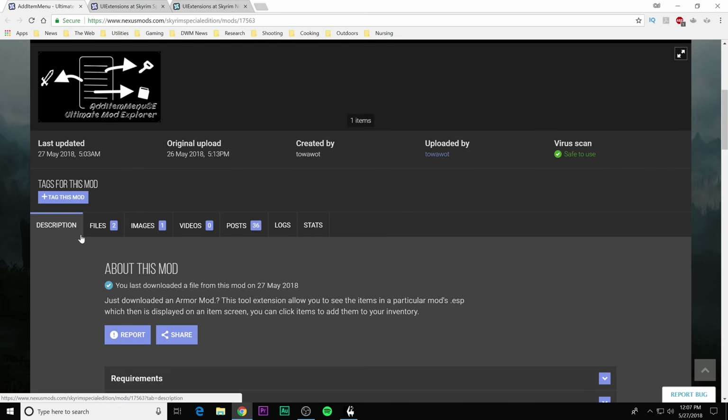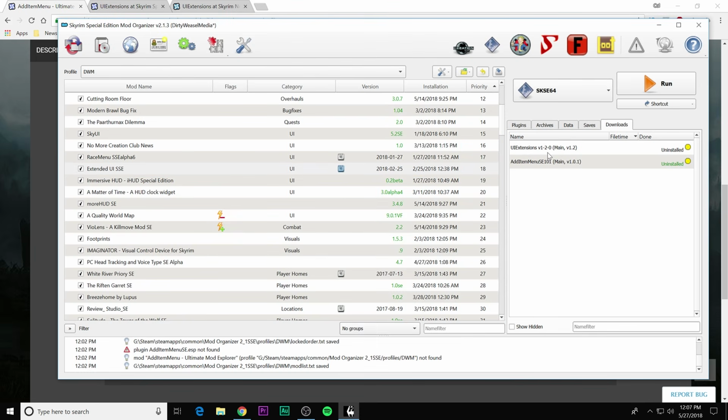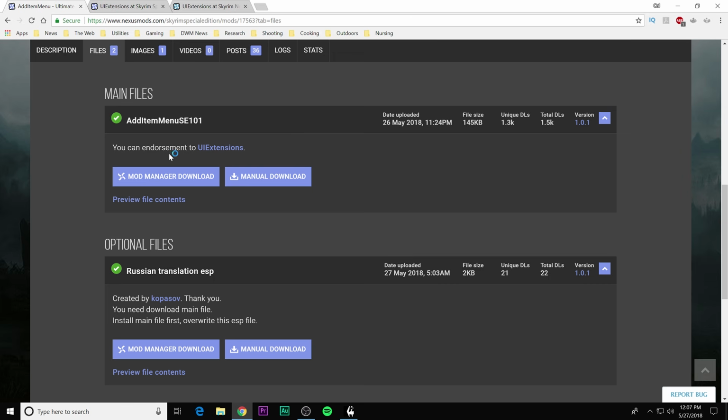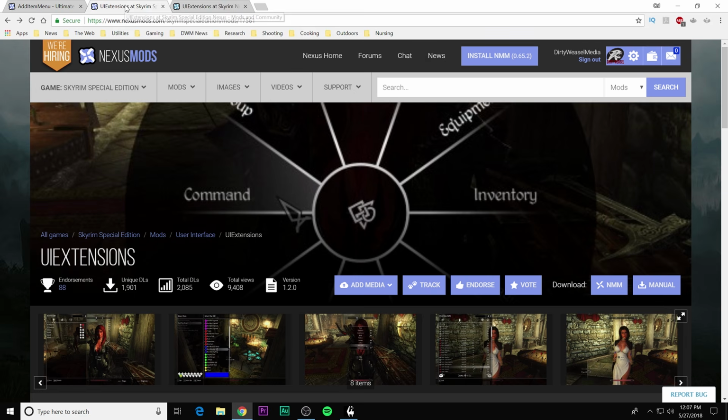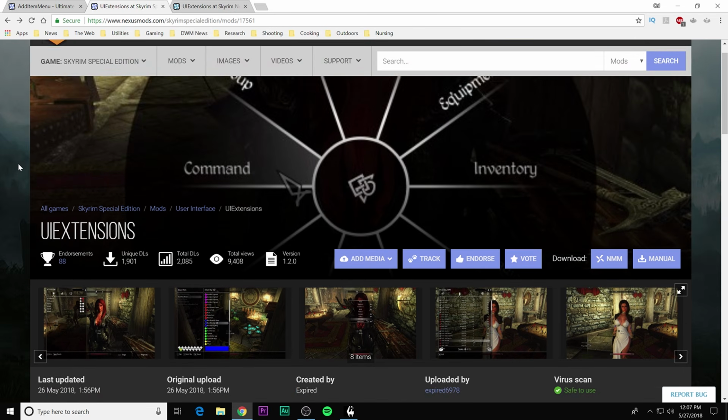Let's go ahead and go over to our files. You will see AddItemMenu SE 101. It is version 1.0.1, and you can download that with Manager, and it's already inside of my mod organizer too. Now, obviously, he says there is a requirement for UI extensions, and we will go take a look at that mod as well. UI extensions by Expired, who is one of the creators and workers on the SKSE 64 project,